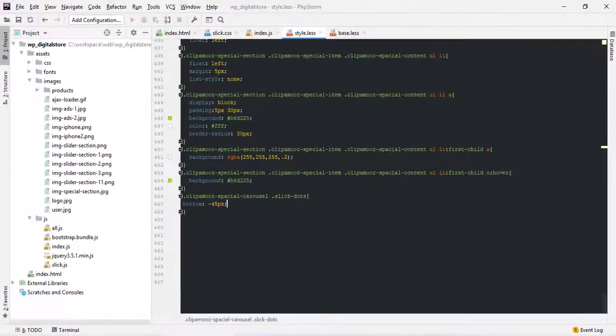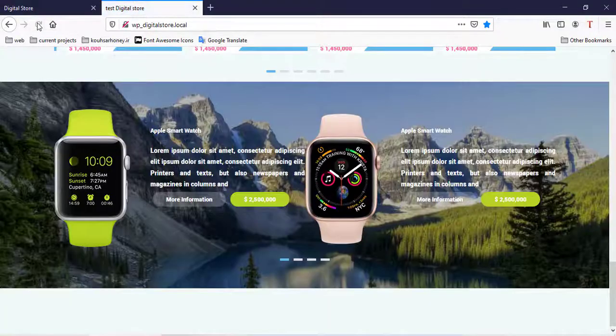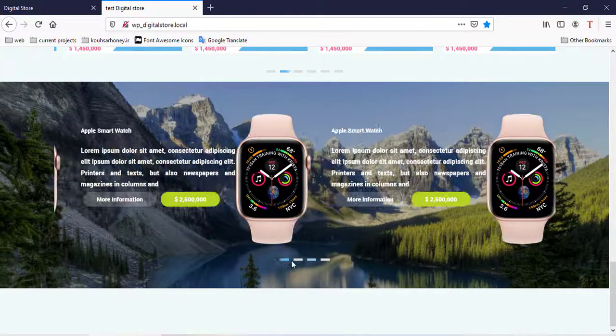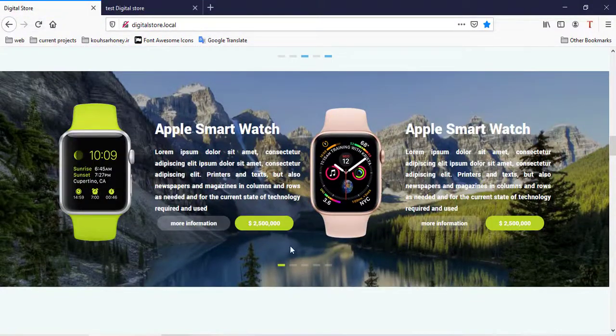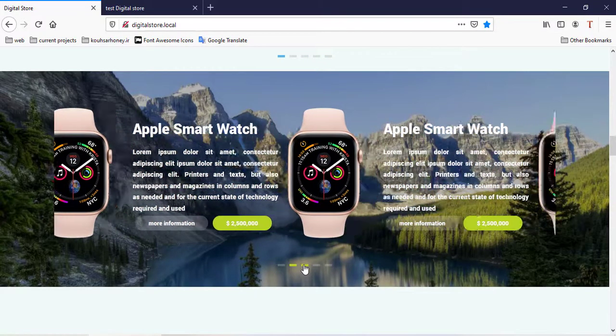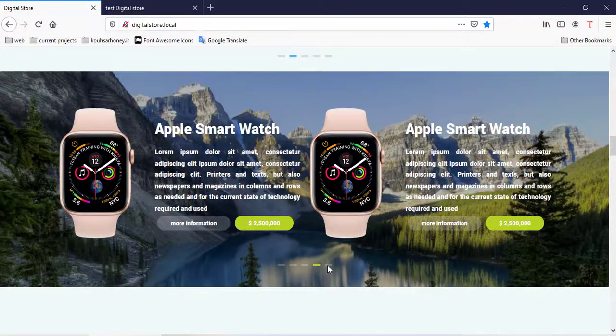Refresh and test. Okay, it's good. Come back to the main project and you can change the color, for example dots to green. It's easy